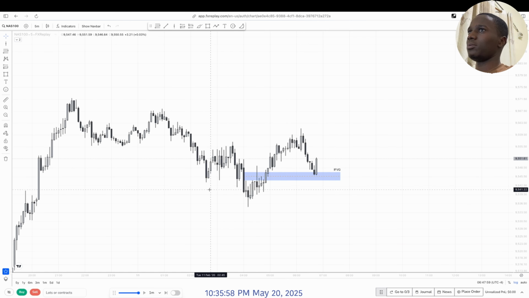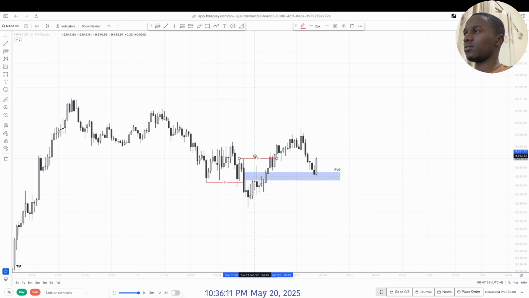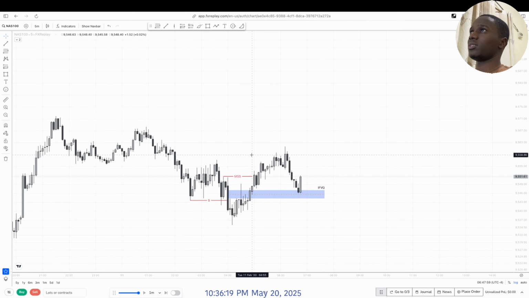We've got a sweep. We are on a high time frame PI, we are on a fair value gap from the 1 hour. We've got a sweep. We've also got a shift right here. Now an inversion fair value gap retest, which means I might have an entry in London.